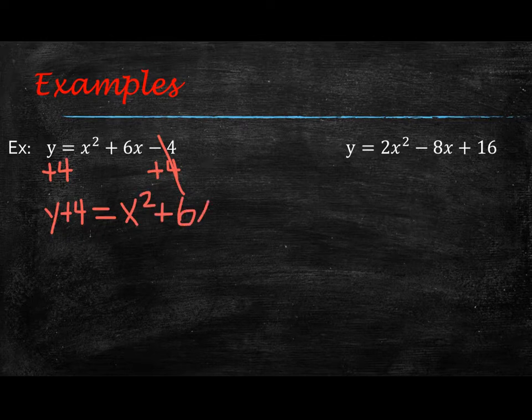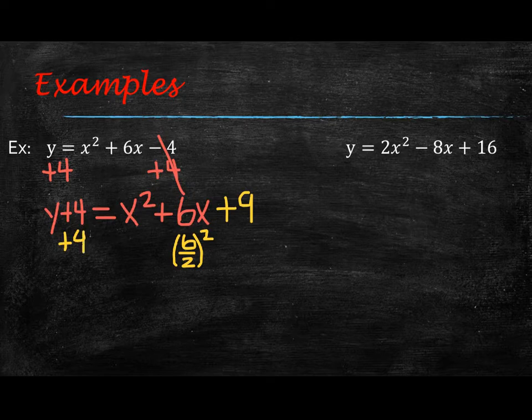Okay, so here's where you're going to determine what you need to be able to complete the square. And so you always want to take half of that middle term. So I'm going to take 6 and divide that by 2, and that gives you 3. And then you're going to square that, so 3 squared is 9. So that determines what you need to add to both sides. So I'm going to add a 9 here, and I'm going to add a 9 here. Okay, and then go ahead and add together on the left side. You've got y plus 13